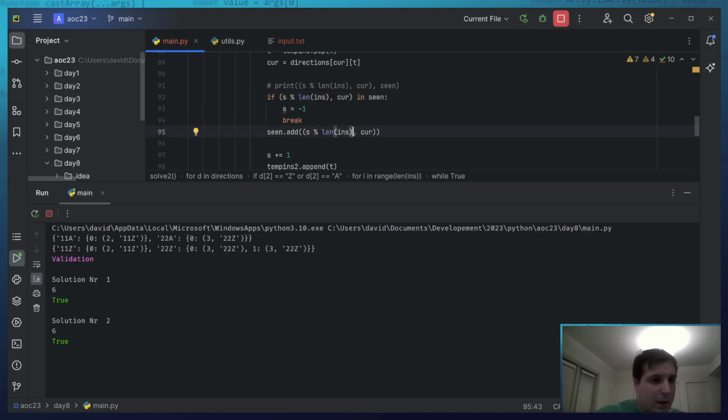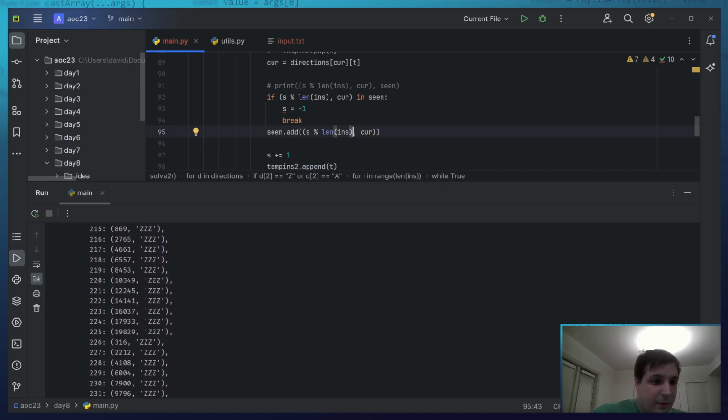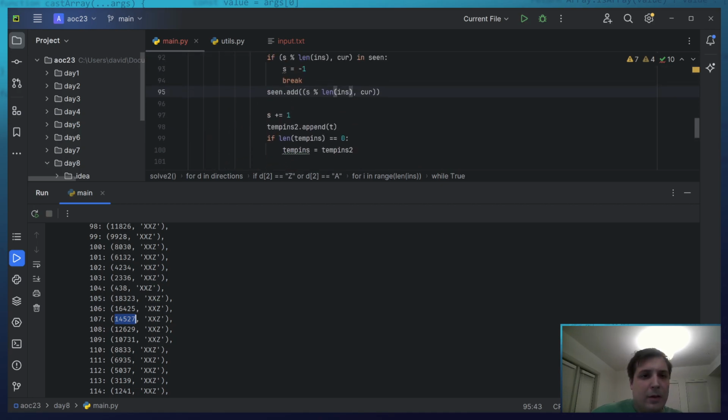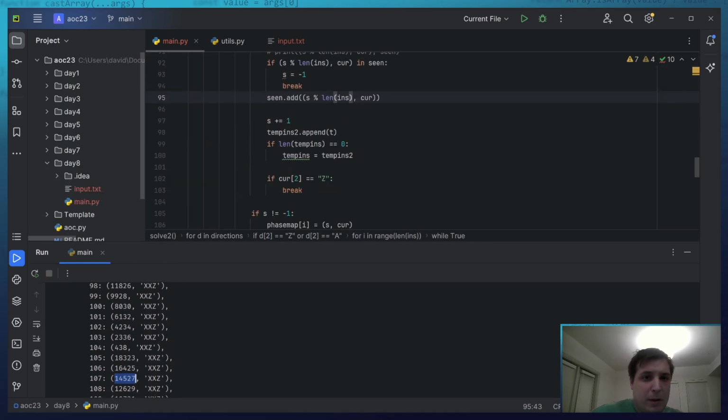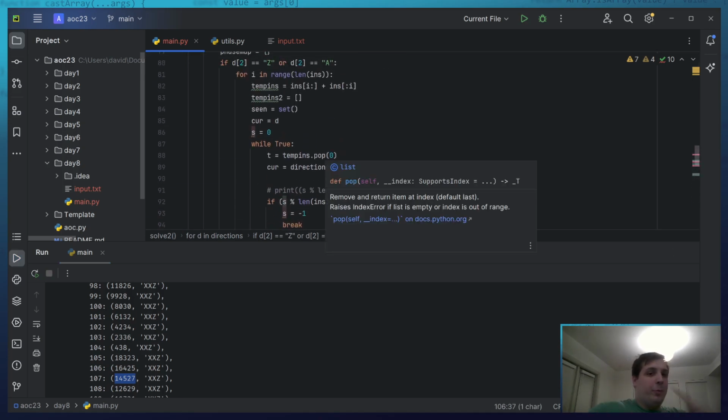Okay. That means it's finding something. Why is it? Oh. Okay, I need to still make sure that S, yes, it can take multiple rotations.